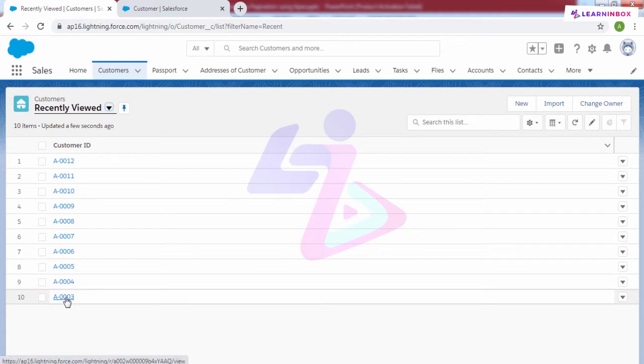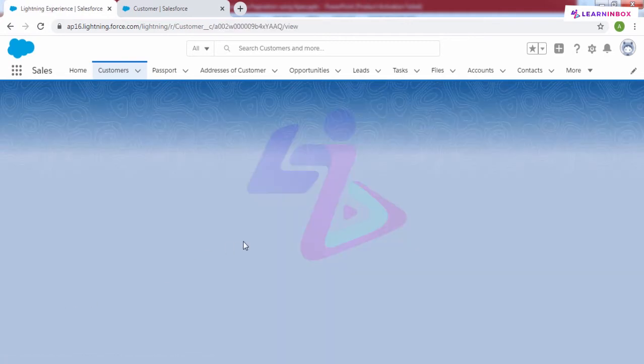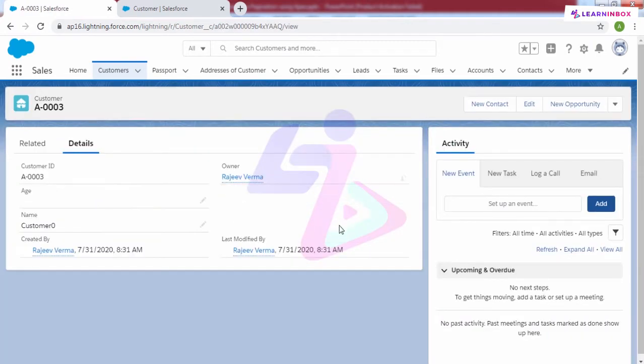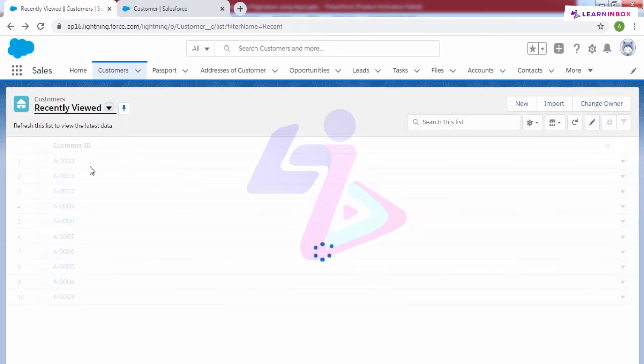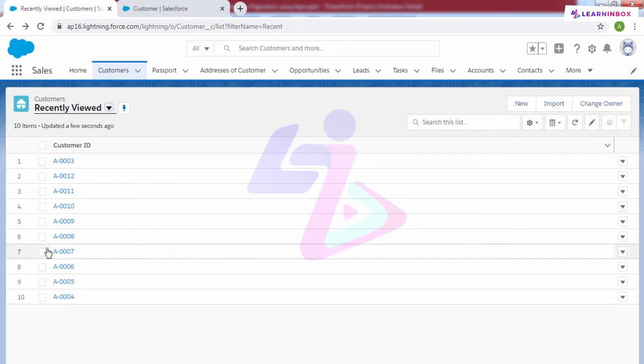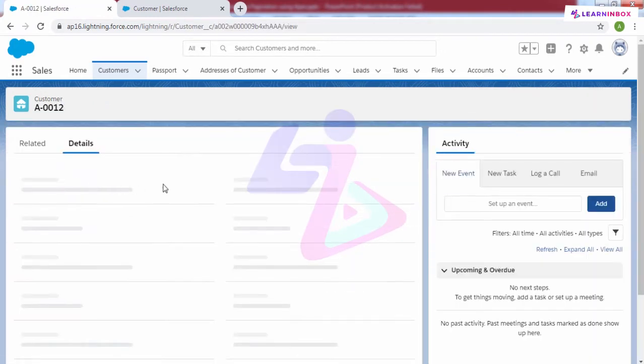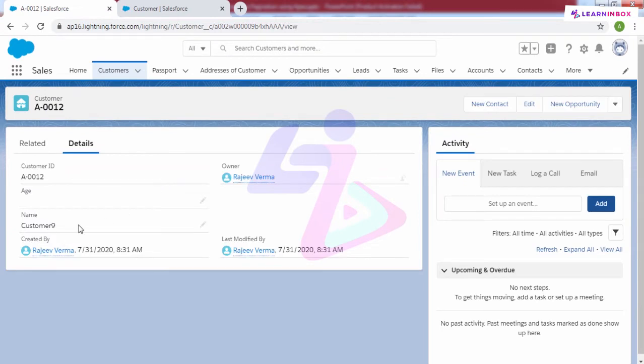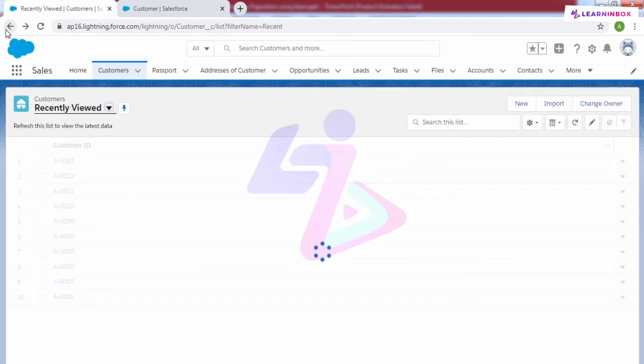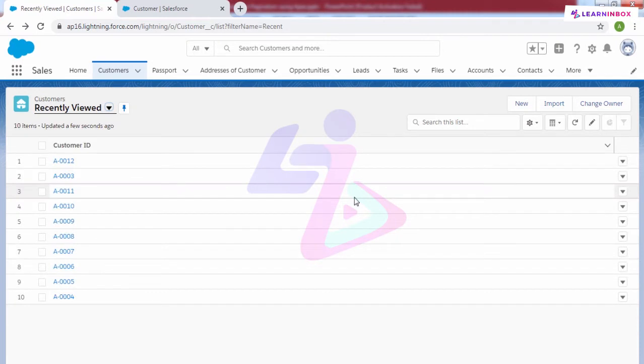These are customer IDs, and if I open my customer, see, customer 0, and let me open my next customer 9. From customer 0 to customer 9 we have. Okay, so this is how we can add multiple records onto my objects.